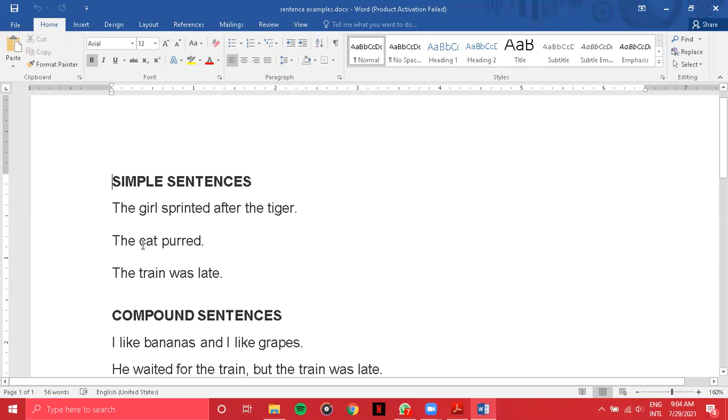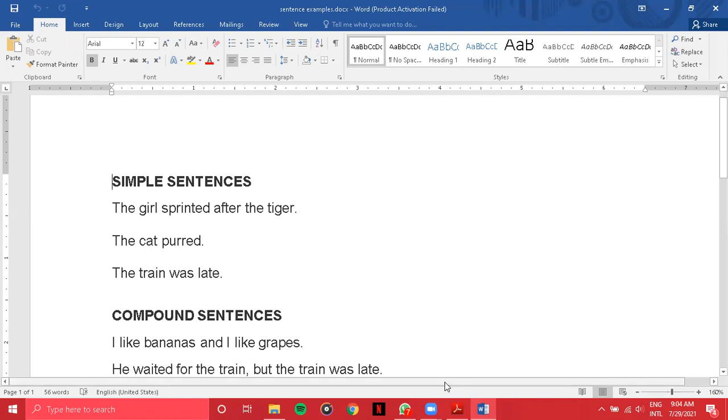Now, what is the subject in the sentence? What's the main subject in the sentence? The cat. Exactly. And what's the verb? Purred. Yes. So sentences which only have one verb in relation to the main subject are usually called simple sentences,